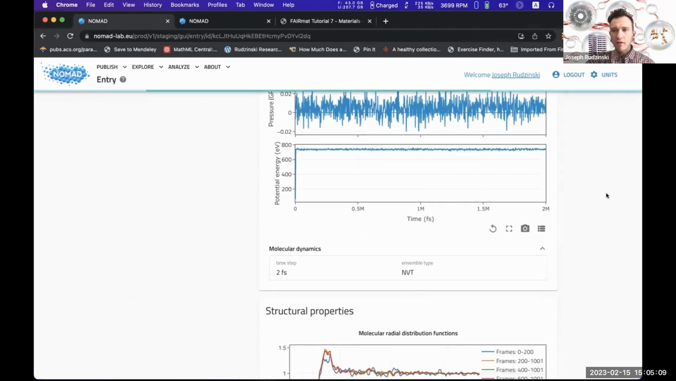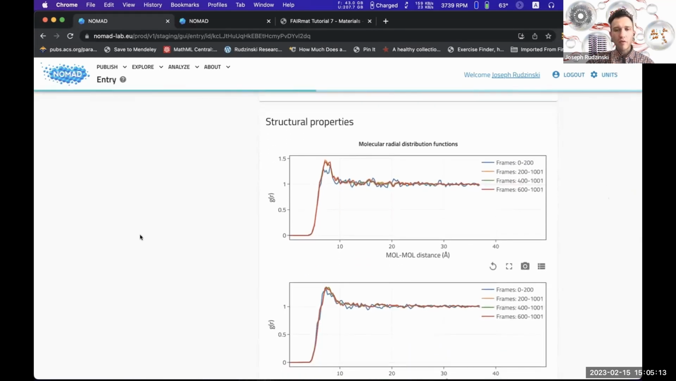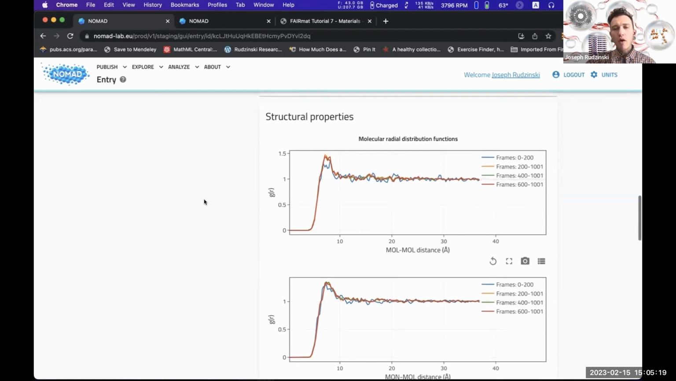Okay, the potential energy is pretty flat. And if I keep scrolling down, I see that some other properties were calculated. So these properties are calculated by the parser. So the idea is that, for the large variety of molecular dynamics data that we have